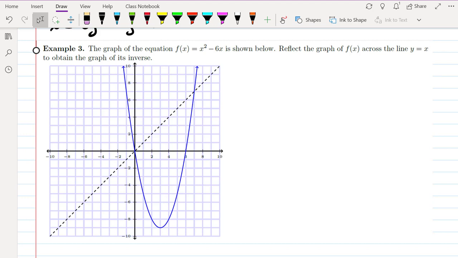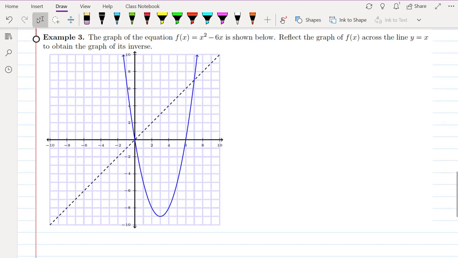Reflect the graph of f of x across the line y equals x to obtain a graph of its inverse. So if we look at the vertex of this parabola right here, its vertex is located at the point (3, negative 9). So if we interchange our x and our y, we're going to get the point (negative 9, 3),